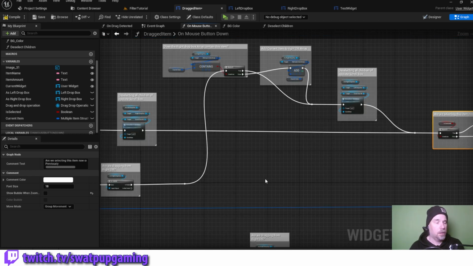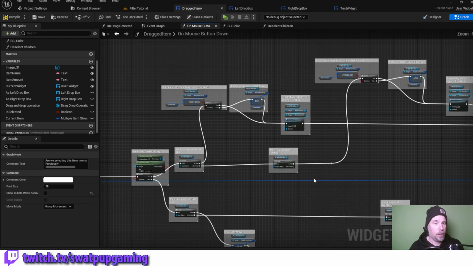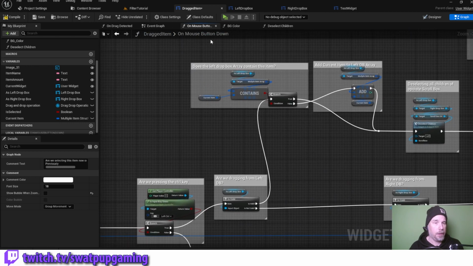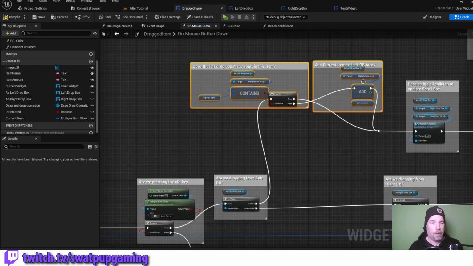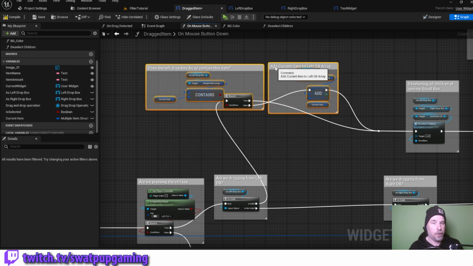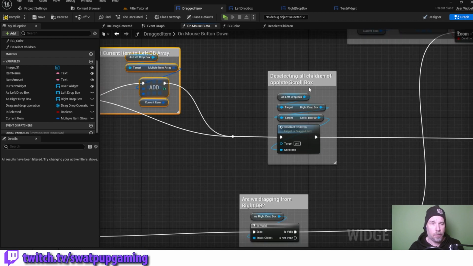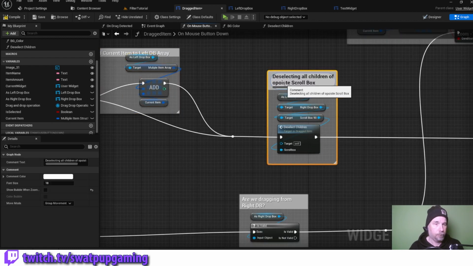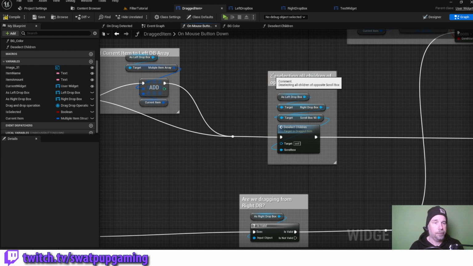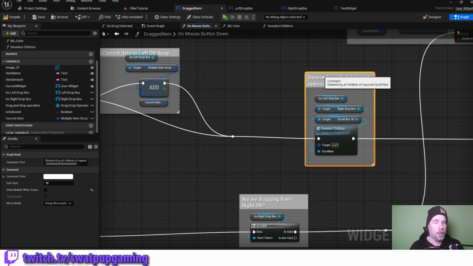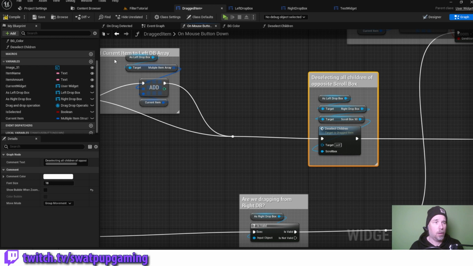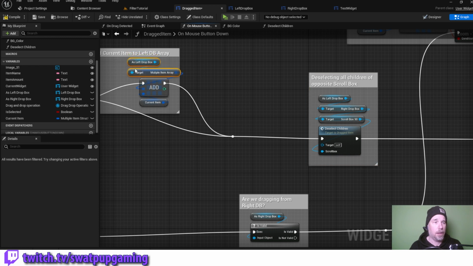All right, so we have another thing we need to address here, and that is, if I move this over here a little bit, we are deselecting all children of the opposite scroll box, right? But we keep the array as is. So whenever we select things in the left one, if there is anything in the array on the right side, we actually keep them in that array,